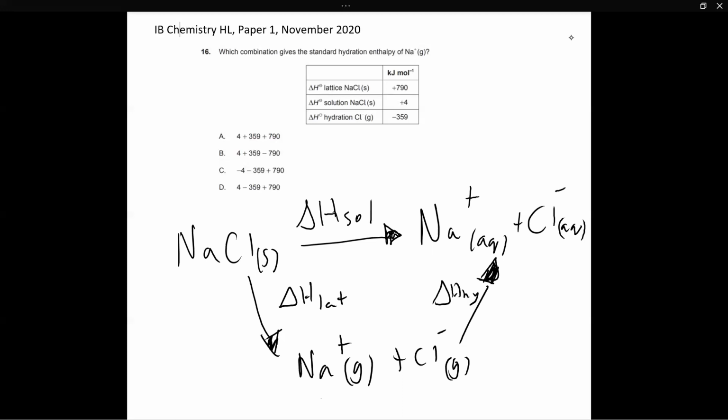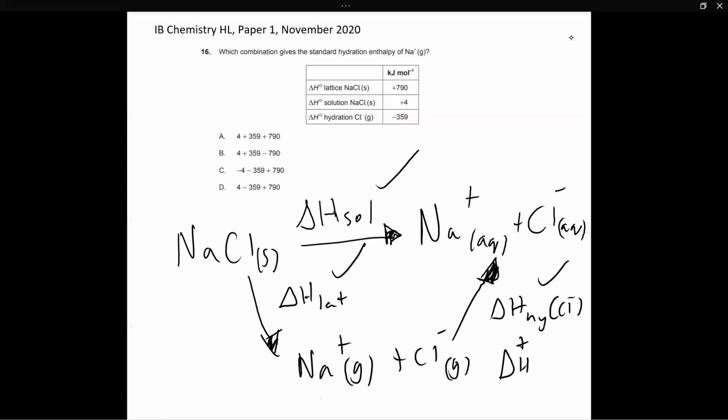So you can see that they have given us the enthalpy of solution. We know what the enthalpy of solution is. We know what the lattice enthalpy of sodium chloride is. We also know what the enthalpy of hydration for the chloride ion is, but we do not know what the enthalpy of hydration for Na+ is. So this is what we have to find out. And let's do that. So we know that the enthalpy of solution is 4. We know that the lattice enthalpy is 790. And we know that the enthalpy of hydration for the chloride ion is negative